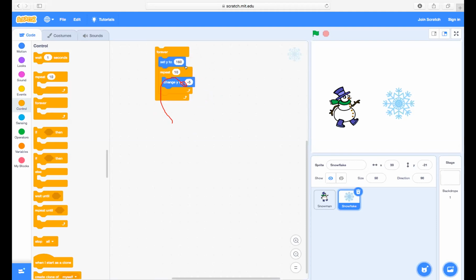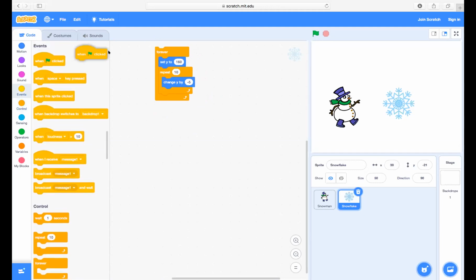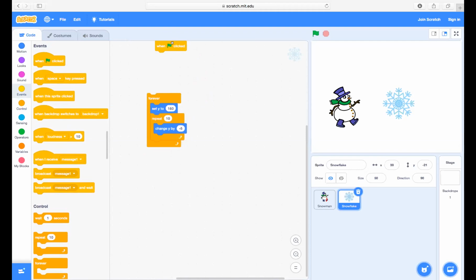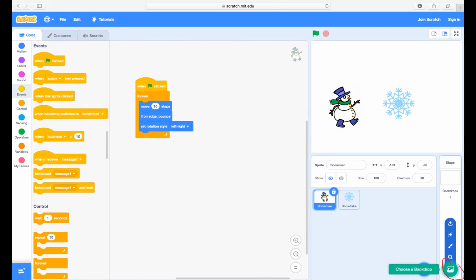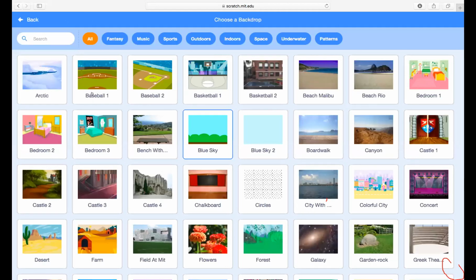Now put a green flag. Events. Put a green flag. Very good. For snowman also put a green flag. Very good. Now go to backdrops. Select a backdrop. Search for snow.